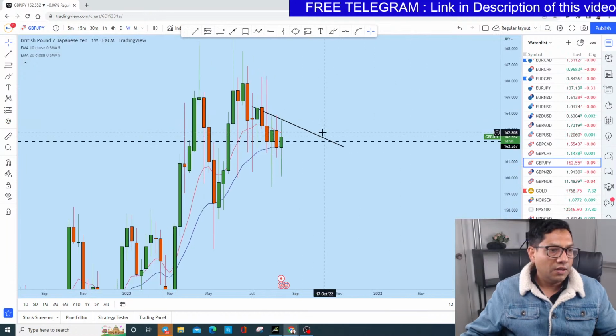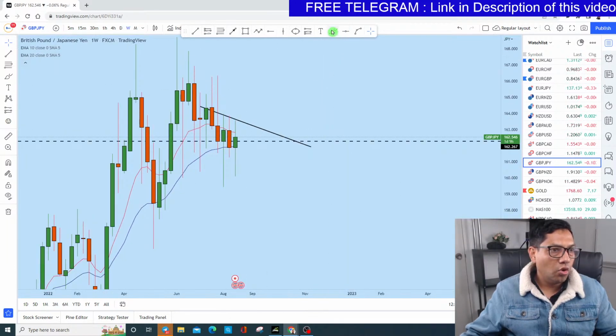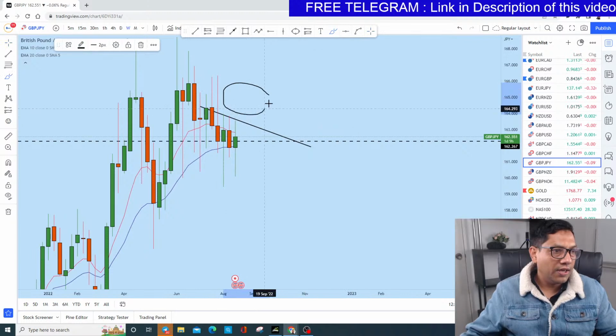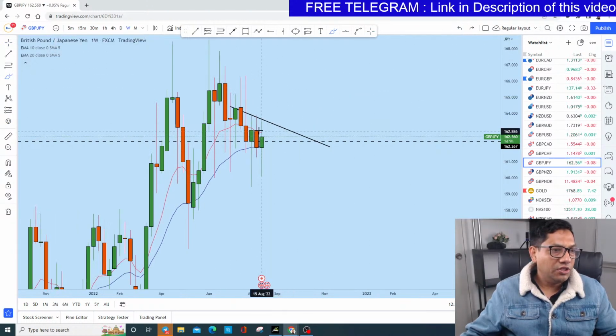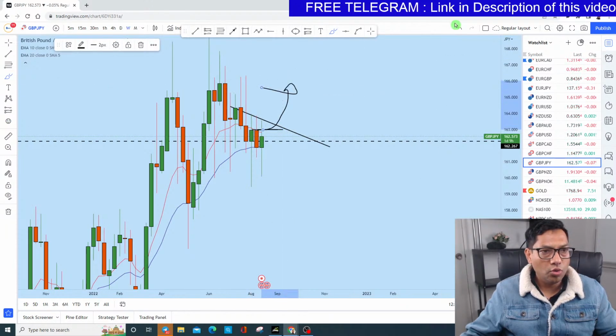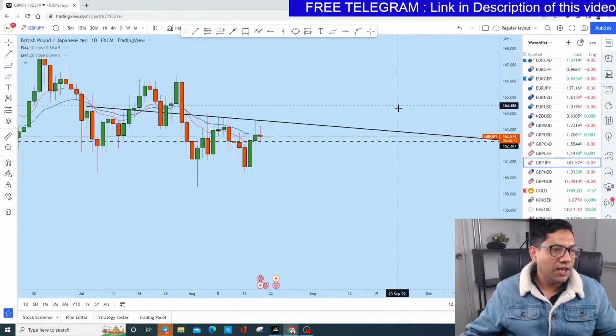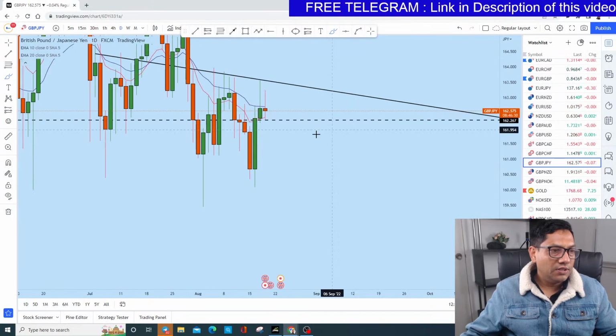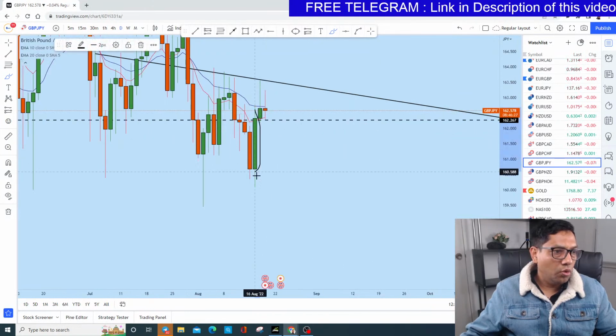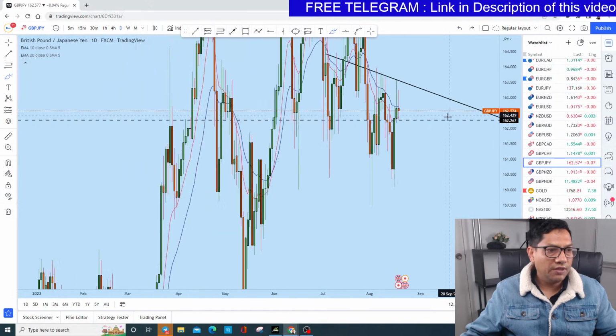The reason is this zone has not been tested yet properly. What I think is that GJ might even go up and close somewhere here on the weekly, and then could continue to go up. So to me it is bullish. Now looking at the daily, there is a strong bullish engulfer on the daily on GJ, and this is on a level of support. Let me draw this level of support here.